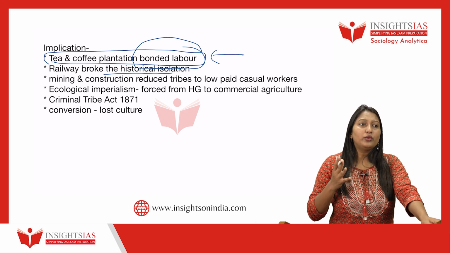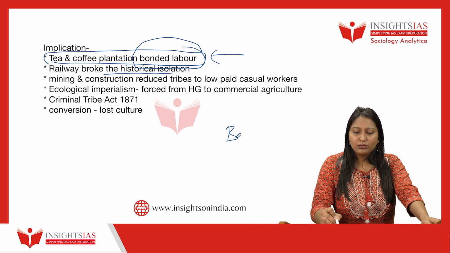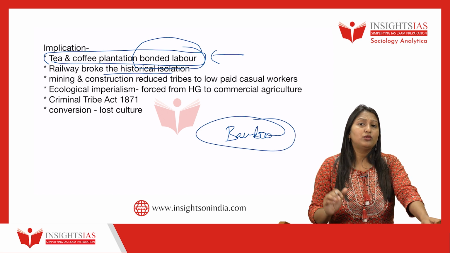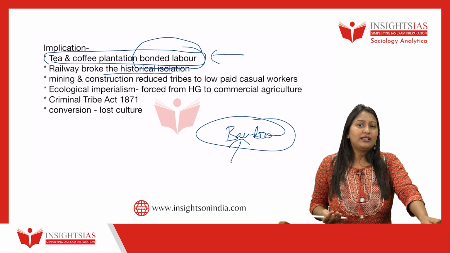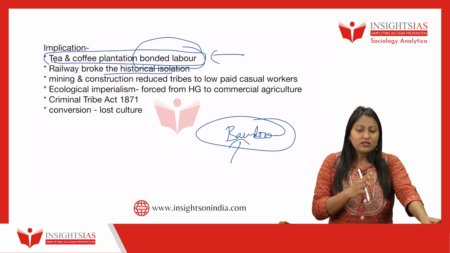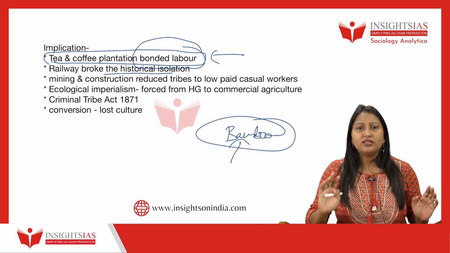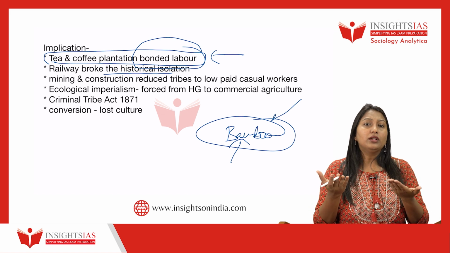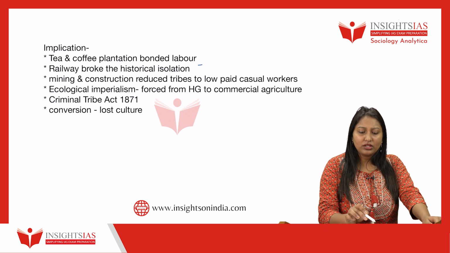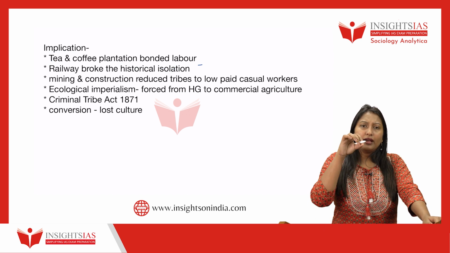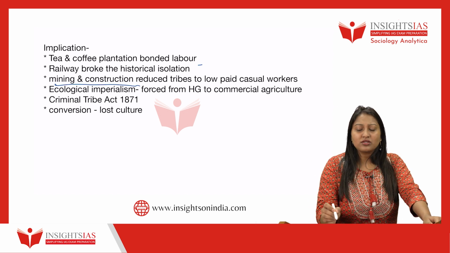Why? Because let's assume that the railway line has gone through a particular place where bamboo was grown. And maybe for some tribes, this bamboo might be considered a god. They might consider this as a totem. So because of the railway lines, they did not just destroy the ecology, they also destroyed their god. So the breakage of historical isolation because of railways affected the environment as well as the psychology.